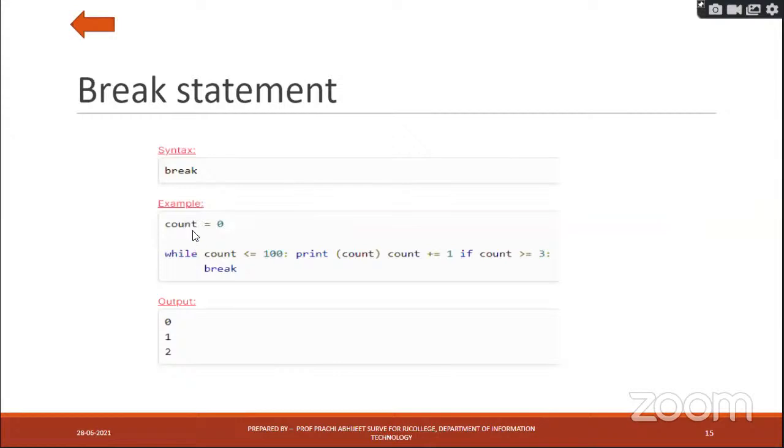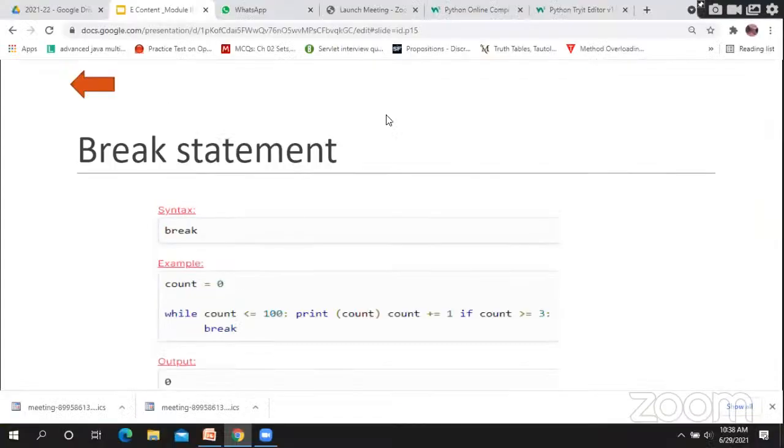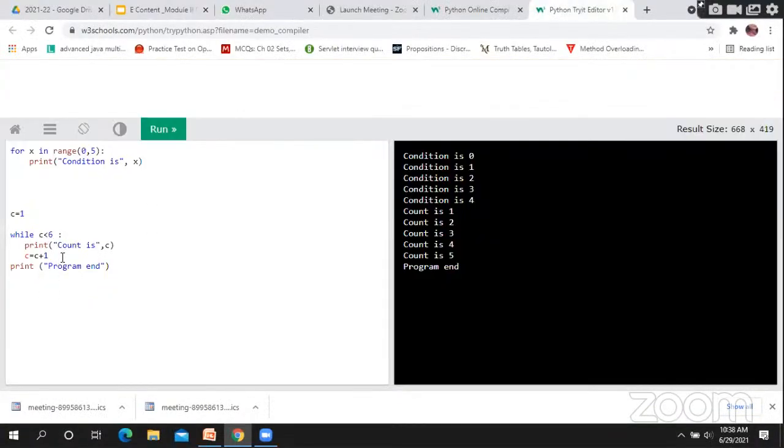statement. So here is the same example: count is equal to 0, while count is less than or equal to 100, print count. Count plus plus, we are doing. If count is greater than or equal to 3, we are going to break our statement. So let's execute this. Okay, already we have our